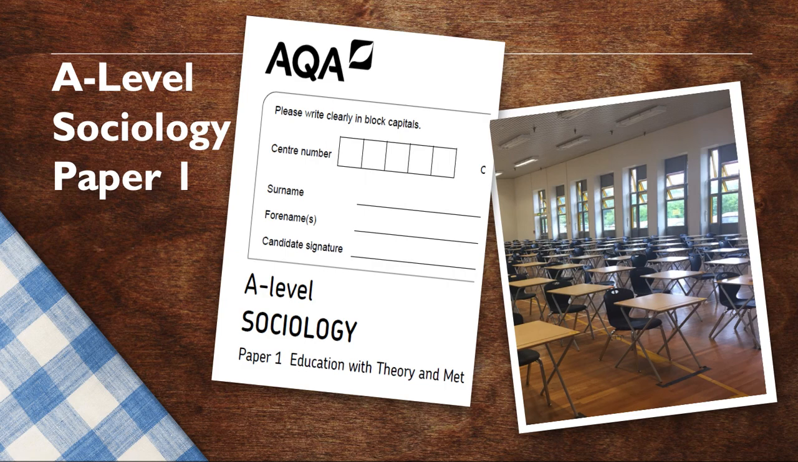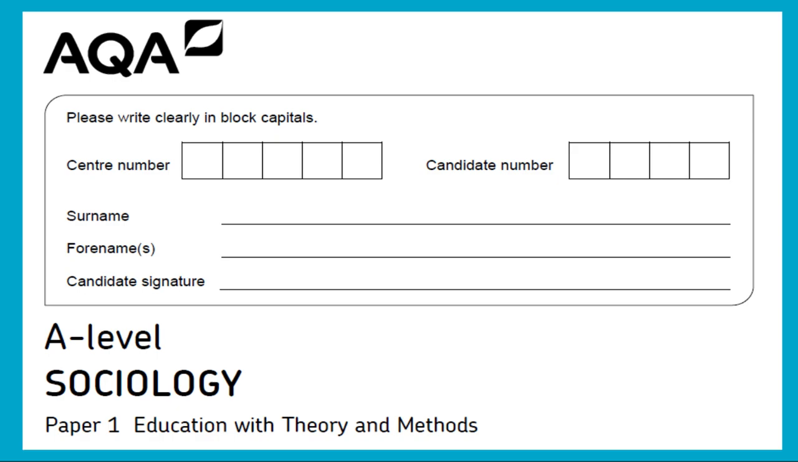and types of questions that will appear on A-Level Sociology Paper One. If you're looking for more detail on each specific question type, then please see those videos that look at a particular question type in more detail with worked examples. When you enter the exam hall and find your seat, you will be required to complete the information on the